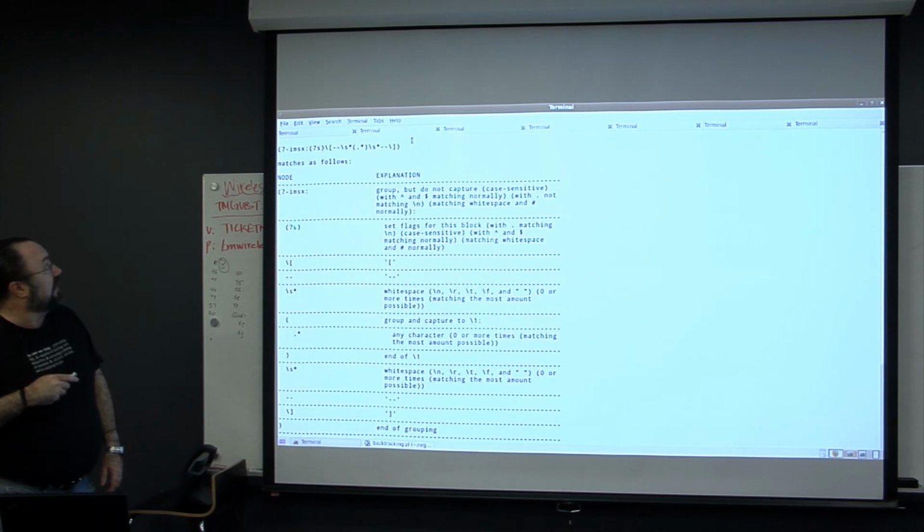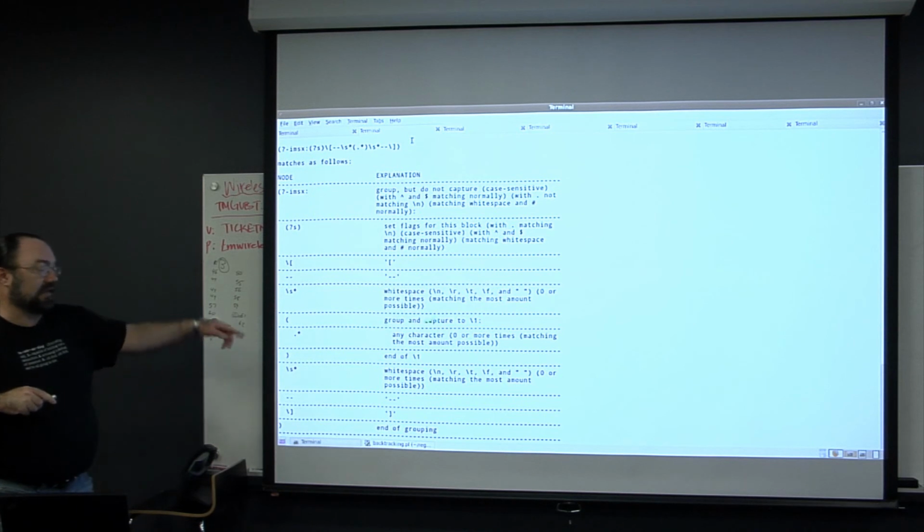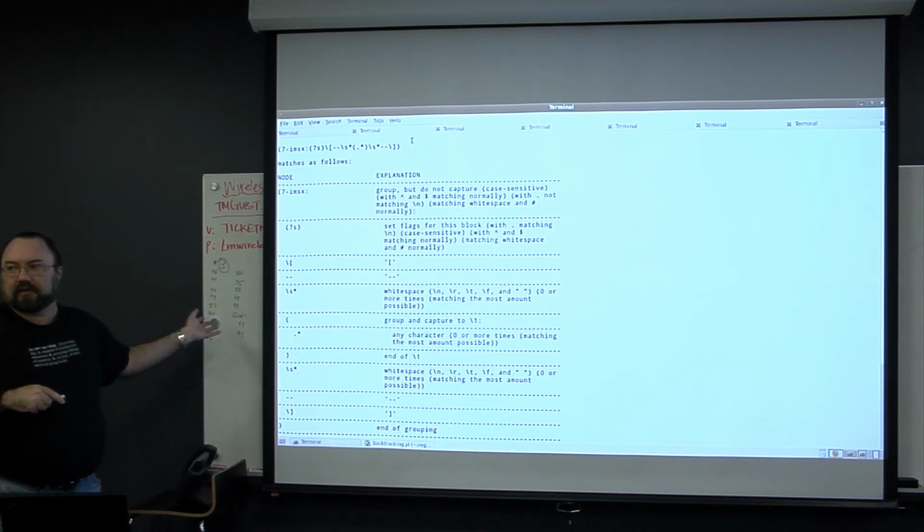So then it's looking at, oh, these are just more flags. Again, this is just kind of repeating this information. Then this is the regular expression part. You notice backslash square bracket is a literal square bracket. Then we've got our two dashes, literal. Then we've got white space, and then it lists out, just like I did in my earlier slide, exactly what white space means, 0 or more times, matching the most amount possible. So a lot of this, the wording is a little different, but you can see it's similar to the explanations that we saw in the interactive.